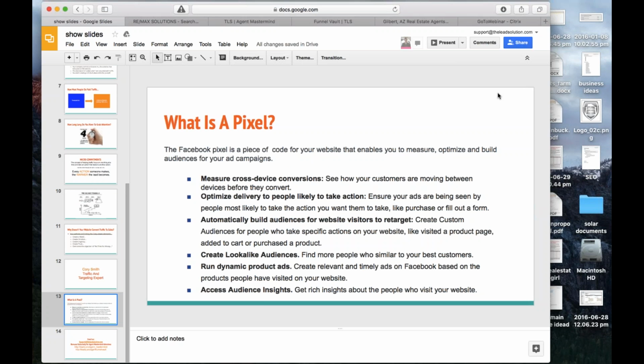So can I break this down for everybody listening? Because I think this is bigger than what anybody can even comprehend online. So let me just give you an example, and then Corey, I'll let you go into what you do, because I'm sure that's going to be brilliant. Let's just say somebody hits your website for whatever reason, maybe a Facebook ad, maybe an email you sent out. They hit your website, and they don't even do anything to it. But then they start seeing your website or something from your website everywhere else. They go to Facebook, Instagram, Twitter, Snapchat, wherever they go. They start seeing you all the time.